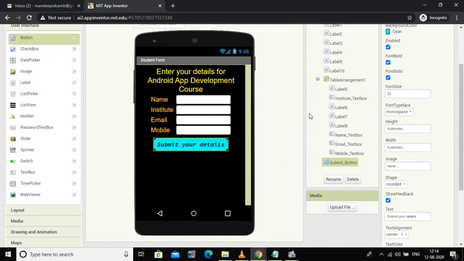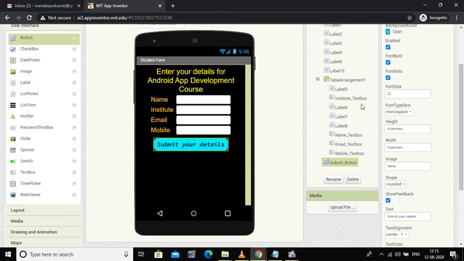I want to share this application with the students who want to get enrolled in my Android app development course. You can have that kind of thing on any of your screens. And now I want these details to be stored in my Google Sheet. So in the next video I am going to tell you how Google Sheet works, how to have a Google Sheet, how to work with the Google Sheet, and then we are going to the block programming part, because there in the block programming I am going to have that particular address of the Google Sheet where this data should be saved.